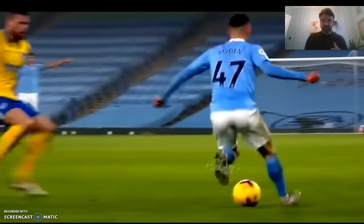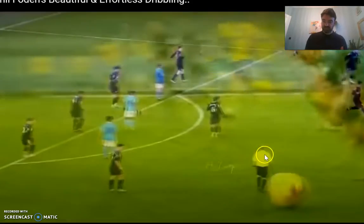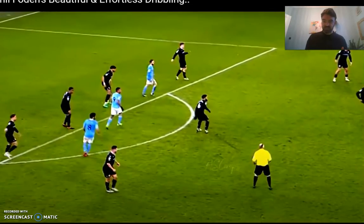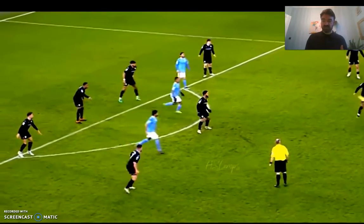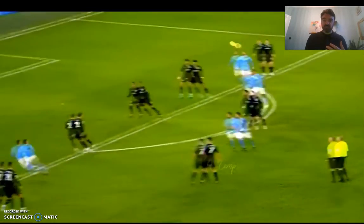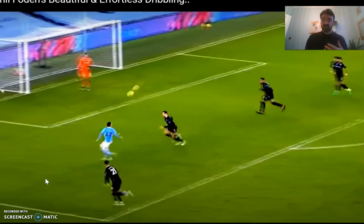And again, that effortlessness, the fact that he's got that level of rotation, he's got that pelvic strike again, will put Foden hopefully at a lower risk of injury than other people. Now, that's not to say he's not going to have a bad challenge and get injured that way, but the risk of a Florian Wirtz, if you see there, he was under pressure at the same time, a similar way that Wirtz was. Foden had that ability to actually ride the challenge and shift his weight even easier, and use